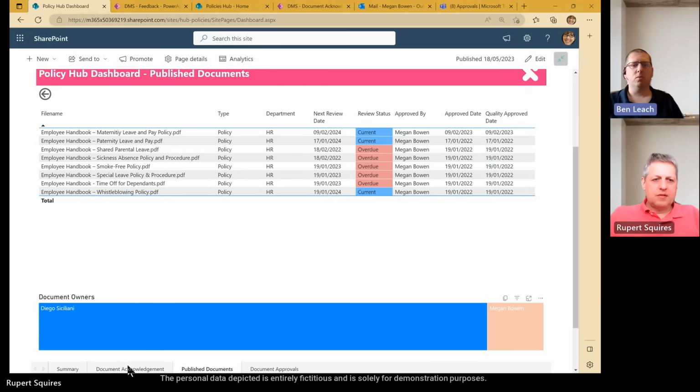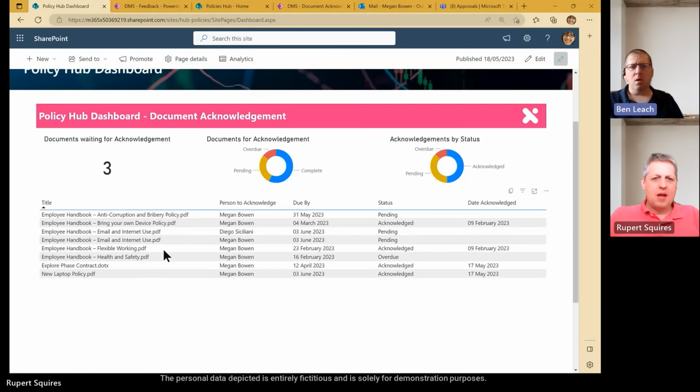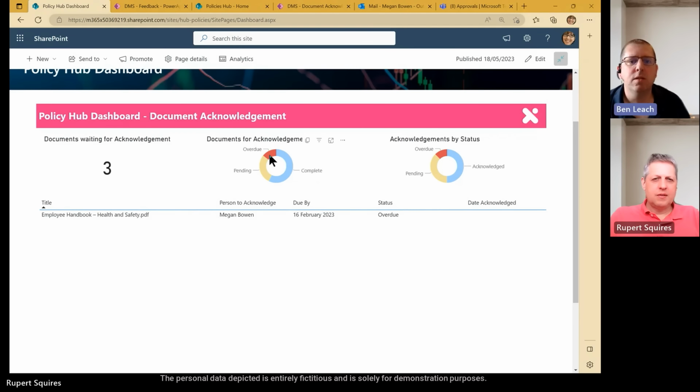So if you click on the tab along the bottom there, again, we can see there are 3 documents that have been issued for acknowledgement that haven't been completed. So we can see the ones that have a status of pending or overdue. So that's effectively telling us which documents have been completed, which are overdue or not. Rupert, if you click in the middle pie chart, if you click on the overdue status, for instance, that's telling me that the health and safety policy is overdue. If you click on pending,